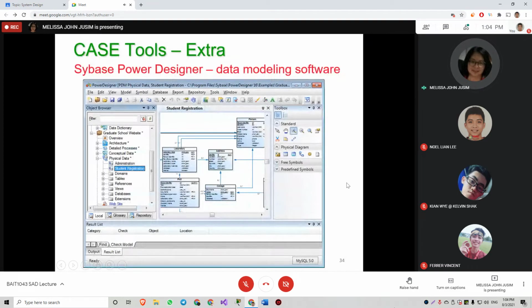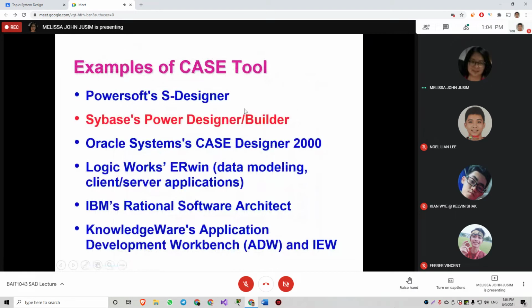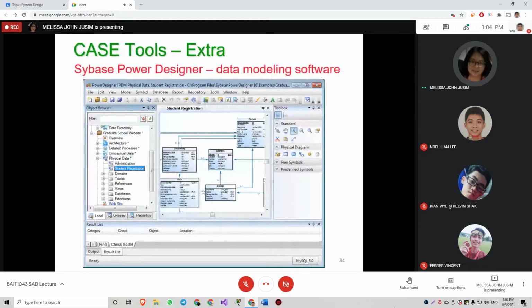And this is extra, the Sybase PowerDesigner, or PowerBuilder. I managed to find this one. In fact, they have data modeling as well, and this is an ERD.